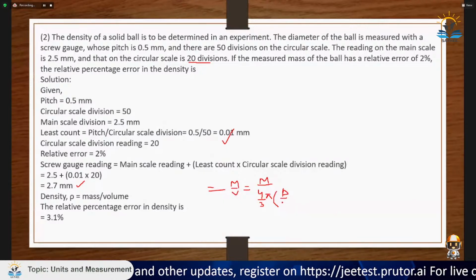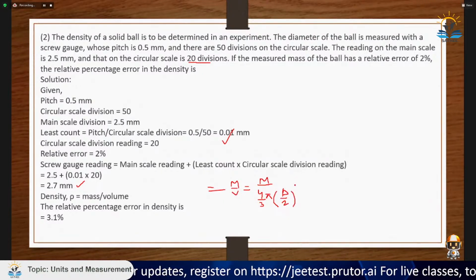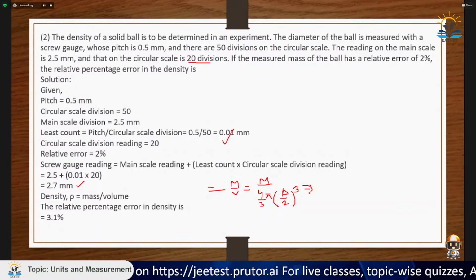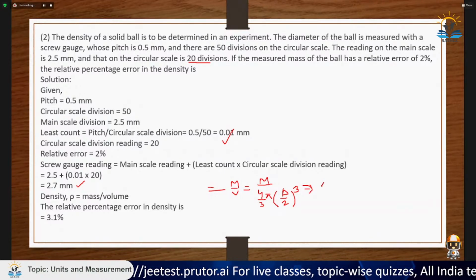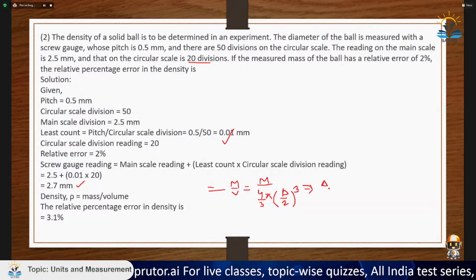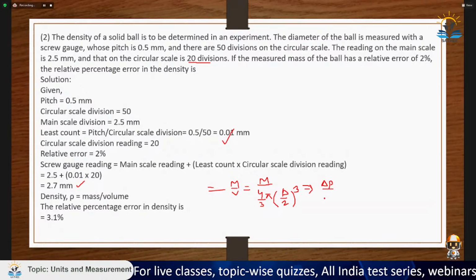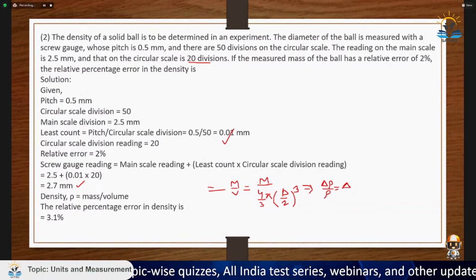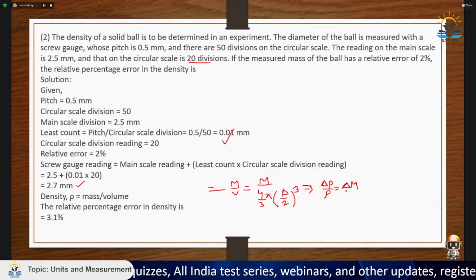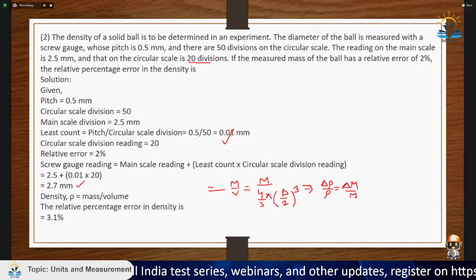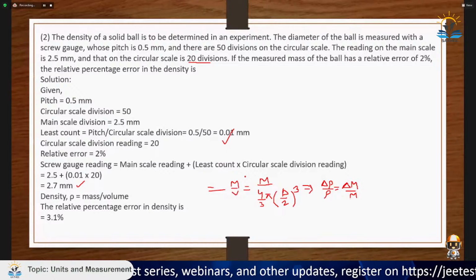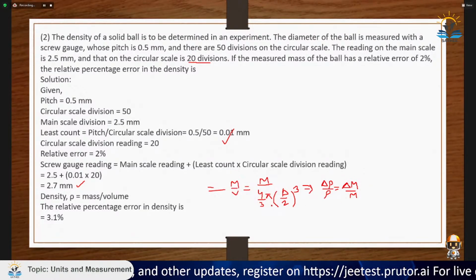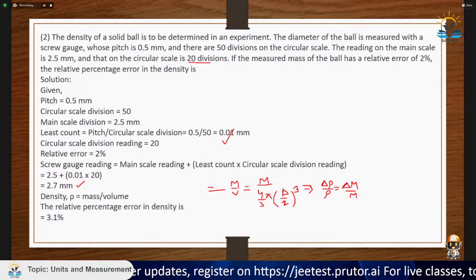So diameter by 2, because radius is half of diameter, cubed. Okay, so from here I can write my error in density, which is delta rho by rho. I'm writing the relative error, so it would be delta rho by rho. This would be equal to delta m by m. And for errors, we don't take negative signs, we always take the positive sign because we want to calculate the maximum error which can be done. So delta m by m for this mass, plus